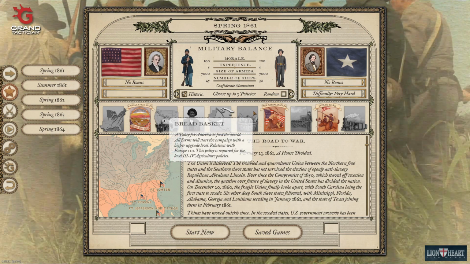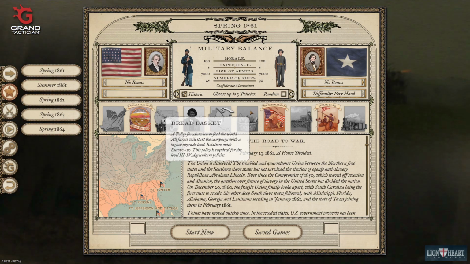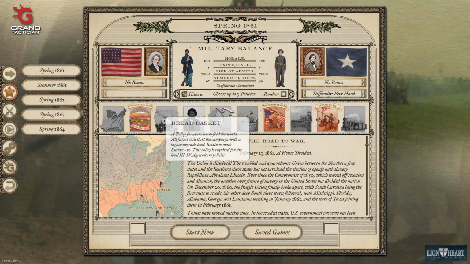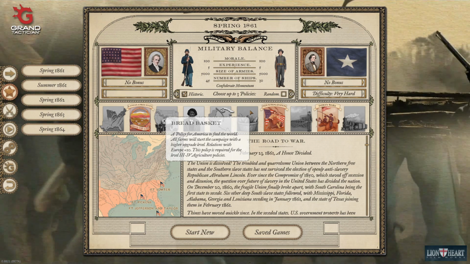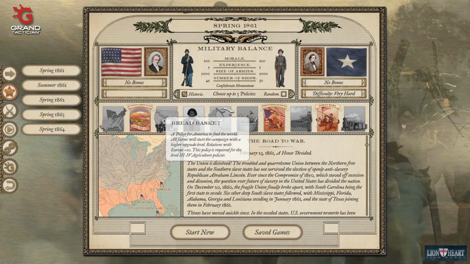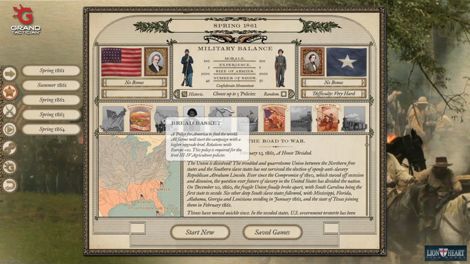Again, the relations +10 isn't really what matters to me. It's that we can have advanced agricultural policies. We're going to have a big army. We're going to have a big population. Of course, in the actual Civil War, the bumper crops of grain and so forth were hugely important for diplomatic relations. And I also don't think...